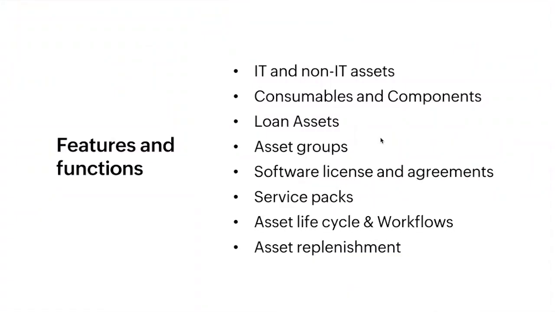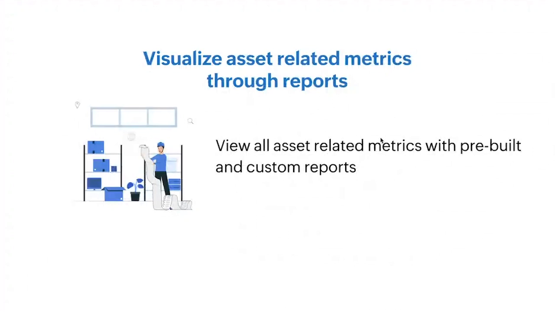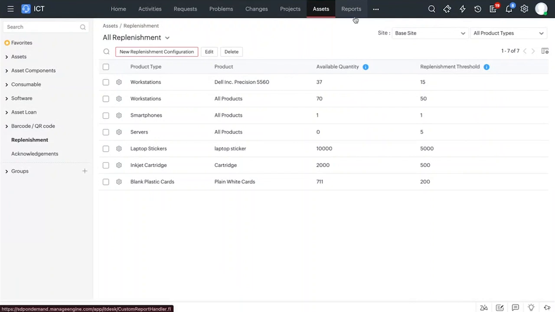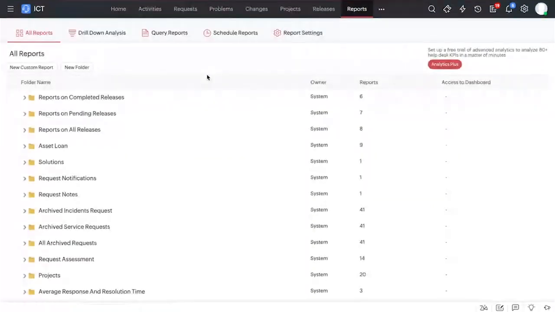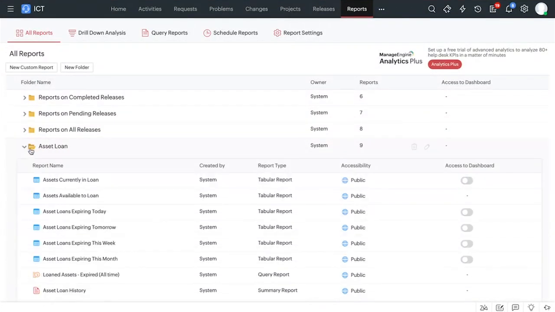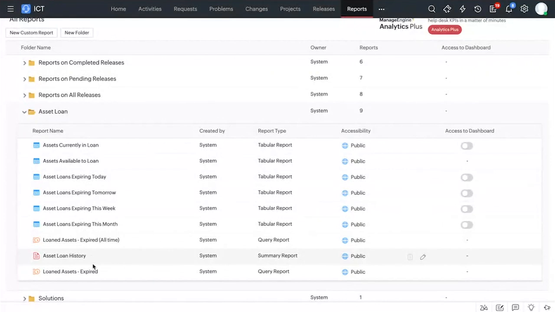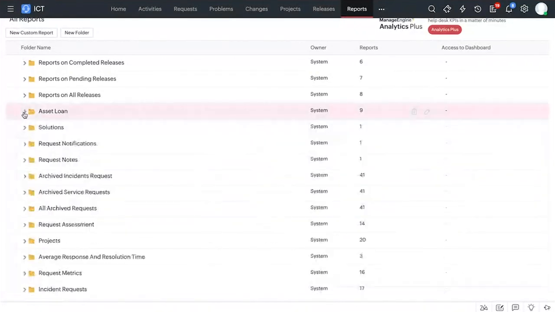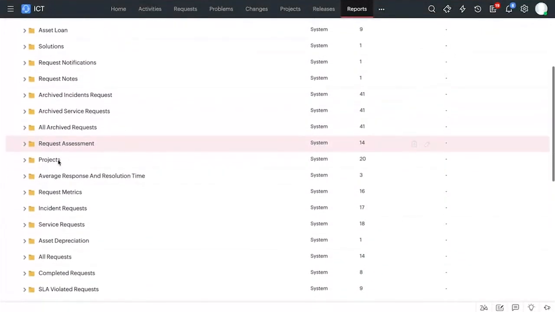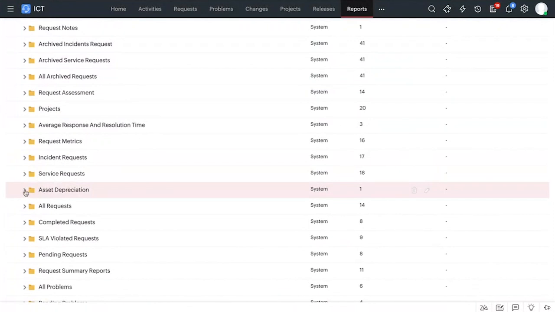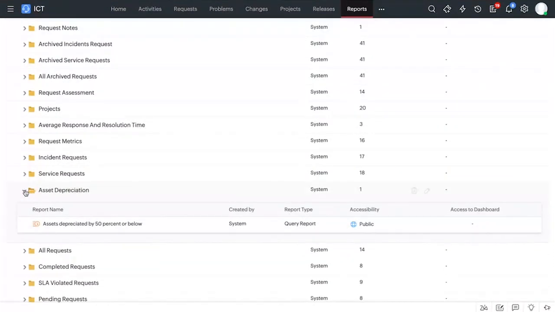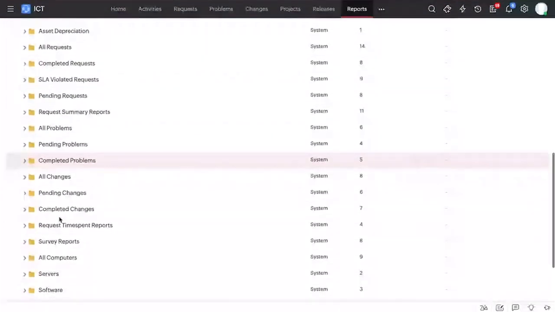So let me just give you a quick heads up on how exactly the assets can be viewed through reports and viewed through dashboards. So in ServiceDesk Plus, you have the report section, which has a set of predefined reports you can make use of. So you have asset loans as one of the folders where you can see a lot of predefined reports regarding loans. If you scroll further down, you will see reports regarding asset depreciation,